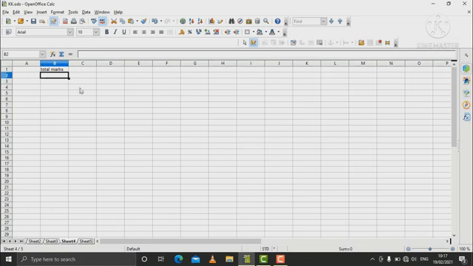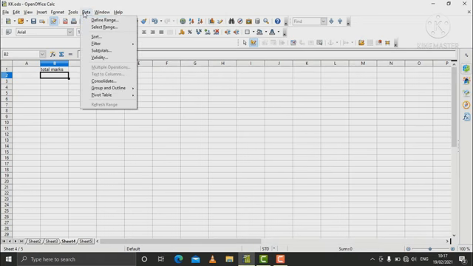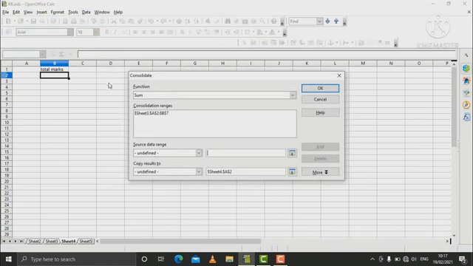To calculate the total marks of the different sheets in a single sheet, I have to use the data consolidation tool. For that I go to the data menu and click on consolidate.